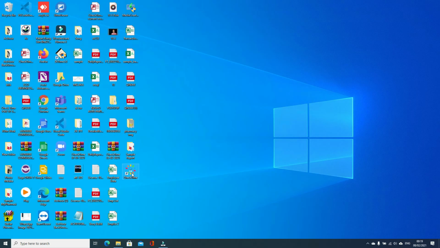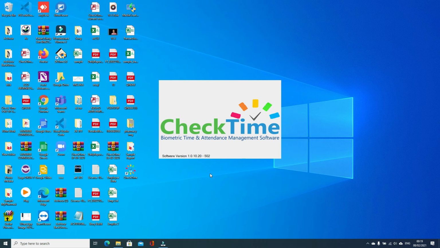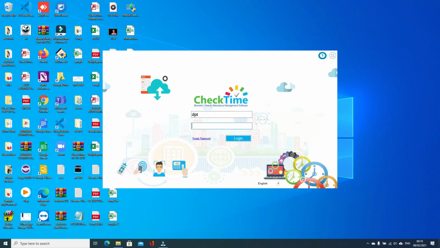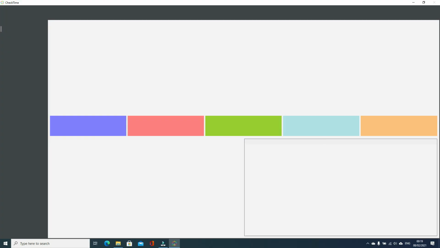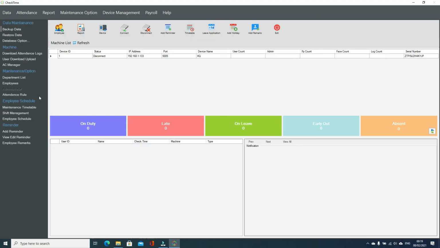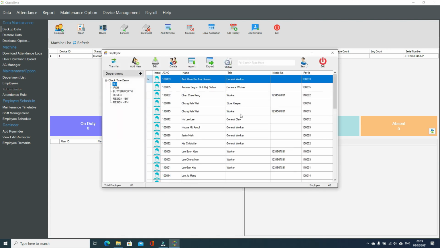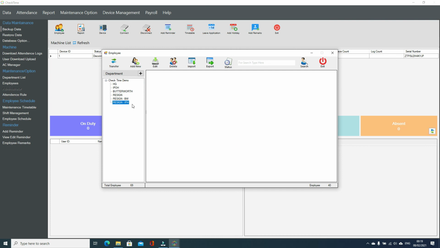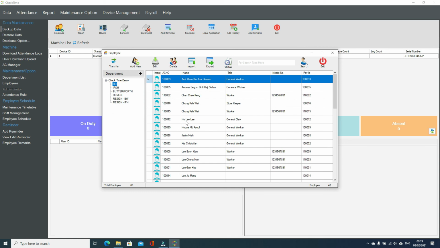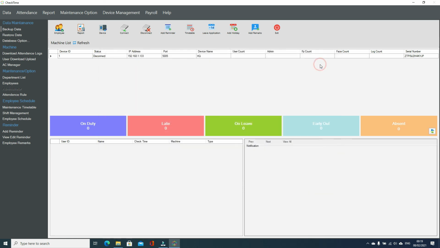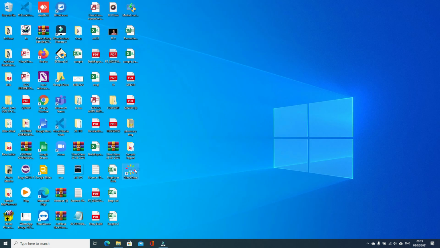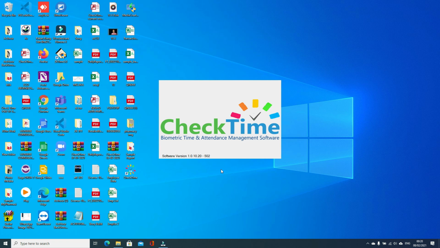Now we log in as a department manager. This will help you if you are using the software on multiple PCs. You see administrator is disabled here. If I go to employee and click on a department which I follow, it works. If I click on any other department, it says you are not authorized for this department. Only the 2 departments assigned, the department manager can see. Whichever permission you want to give them, you can give, or whichever permission you want to take off, you can take off. So we log back in as admin.